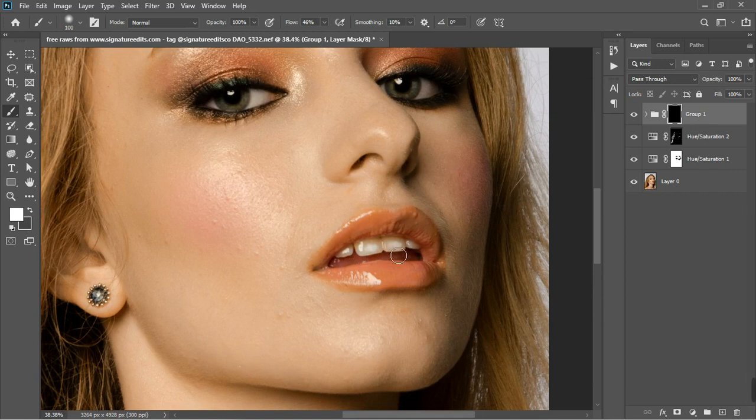I've changed the foreground color, so now you can paint over it like this, and you can see that the teeth are now actually white. You can also do this for the eyes and do this for this side,